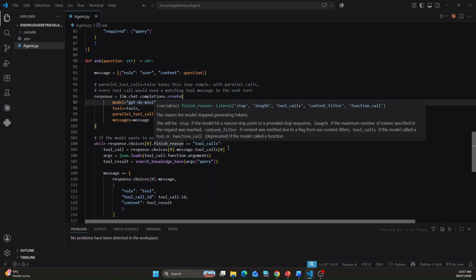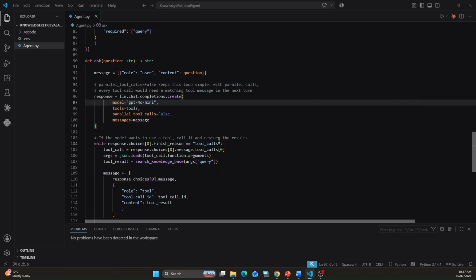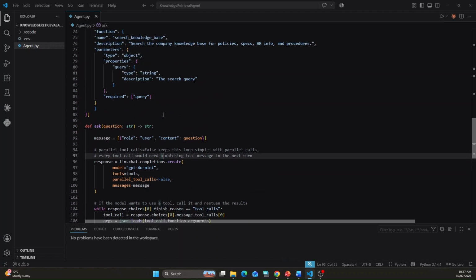If the response says tool call, the LLM is giving an instruction saying to call the tool. That's a standard thing. If the finish reason is tool call, then we need to use the tool, which is search knowledge base, which we have written here. This is the tool we are using